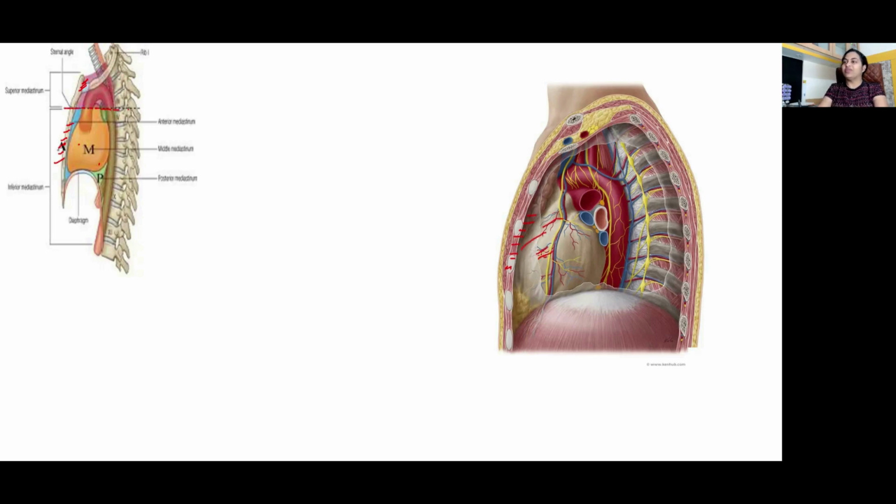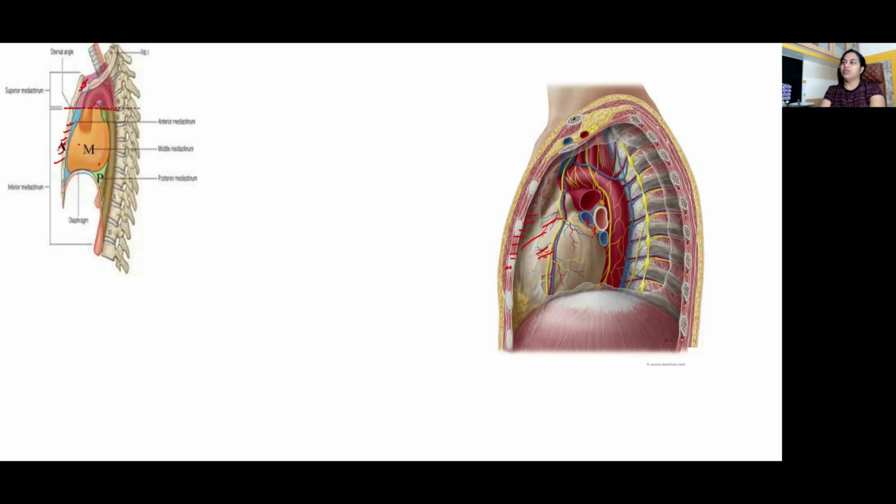Middle mediastinum will have the pericardium that's enclosing the heart, the superior vena cava that's entering in the intrapericardial part with the arch of the azygos vein. And then you'll get to see the pulmonary veins, ascending aorta, pulmonary trunk, behind the tracheal bifurcation, deep cardiac plexus, okay. Those are the main contents of your middle mediastinum.